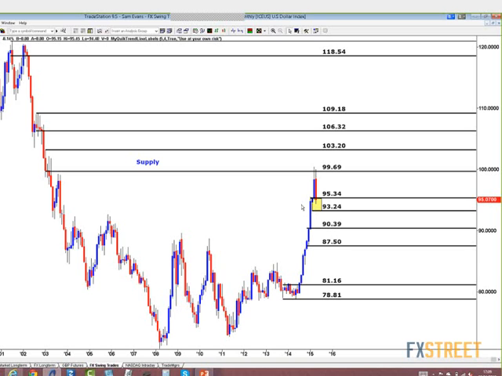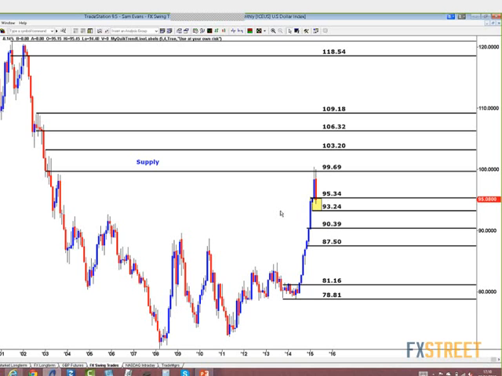So now at this particular point, let's zoom in on a smaller time frame between 95.34 and 93.24. Because if this area holds, I wouldn't be surprised to see a retest of the highs, okay? Now I would still lean on the dollar up at 100 again because we could put in a double top on this. But right now, I'm more inclined to look at the market and go, hey, I expect a rally